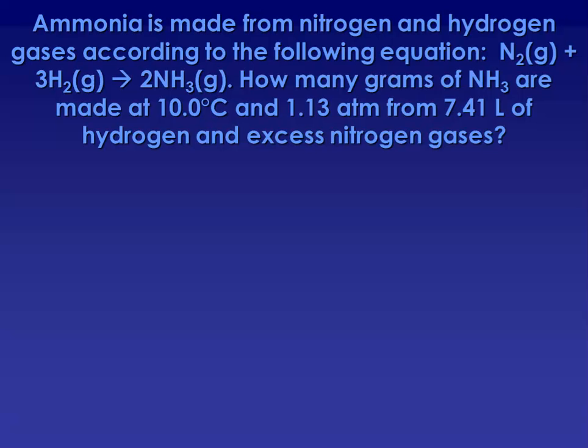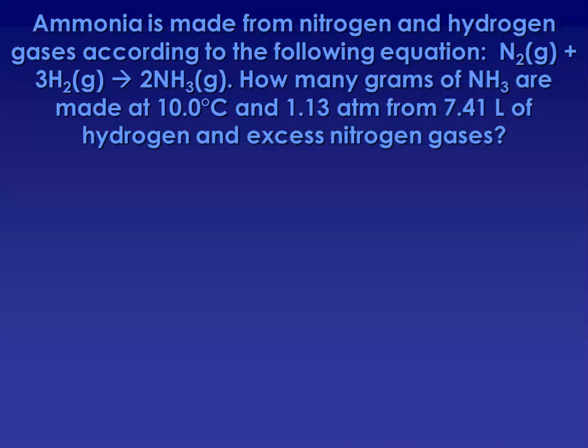You're at 10 degrees Celsius and 1.13 atmospheres, and we're doing this from 7.41 liters of hydrogen and more than enough nitrogen, excess nitrogen gas. If you have an excess of one of your two reactants, your limiting reactant will determine how much product you can make. So in this particular reaction, the hydrogen is limiting, and we're going to use that to determine our